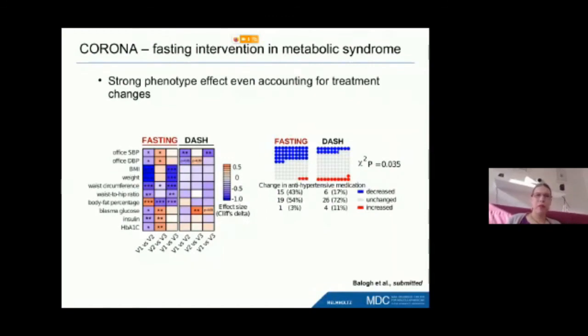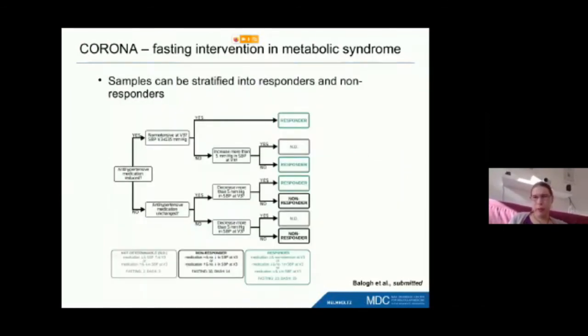As I mentioned, there was a change in medication happening, and even when accounting for this change in medication, the subjects that underwent the full treatment of both fasting and going over to a DASH diet had a sustained weight loss and improvement in blood pressure, and that made us want to look closer at which people are actually responding properly. So whether there is an improvement in phenotype or there is still the same control phenotype, but a phenotype that requires less medication to maintain, we can divide the subjects into either responders or non-responders to the fasting intervention, and we